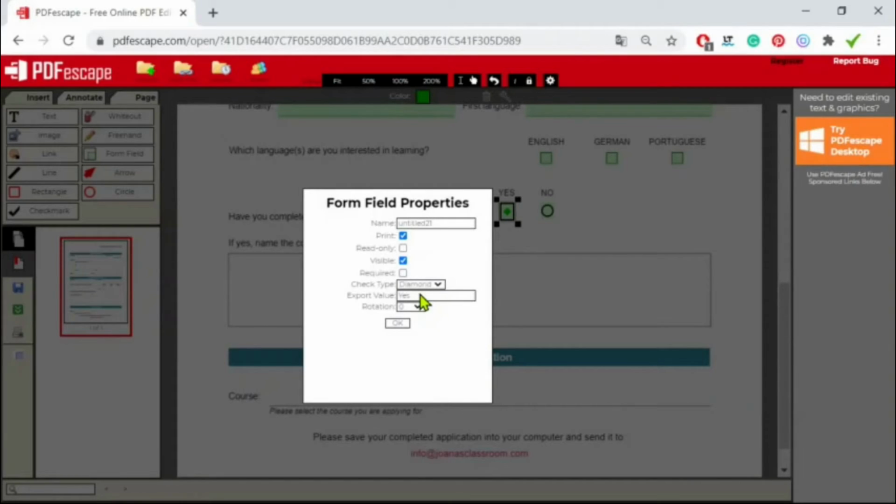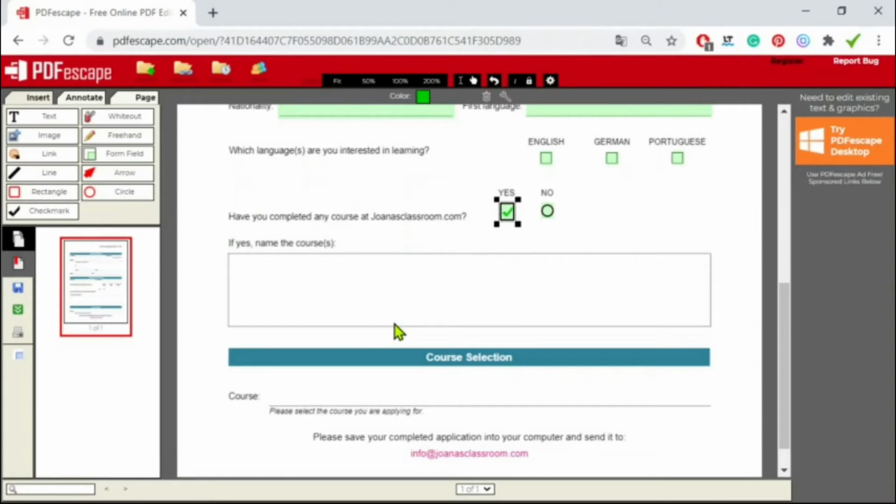I'm going back to the checkbox though, so that we can compare this one and the previous one. Actually, there are two differences between the checkbox tool, which is the one I have used up here, and the radio button, which is the one that I have down here. First, the radio button comes with a box around the symbol you choose. Another difference, and probably the most important one, is that the radio button only allows the user to choose one of the options given. In this case, either a yes or a no.